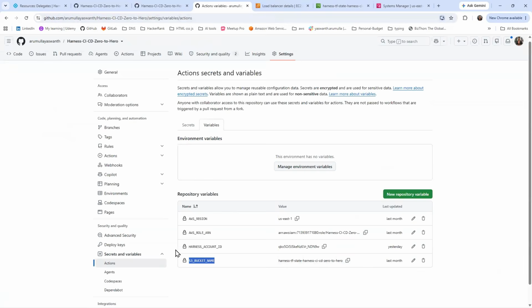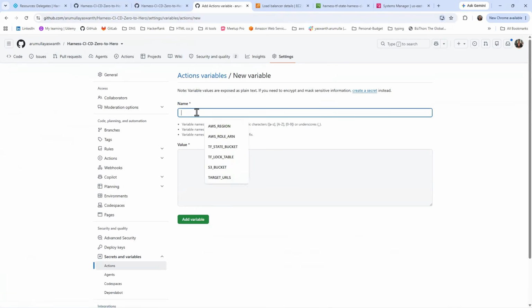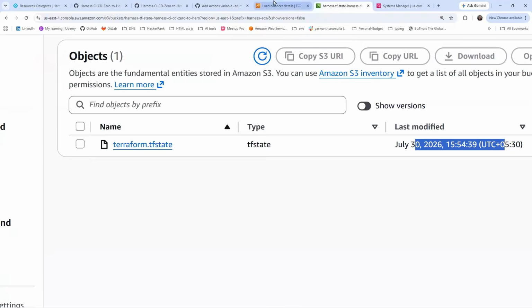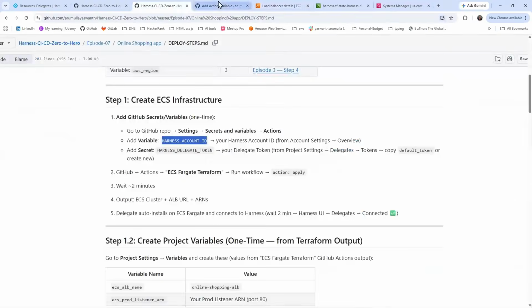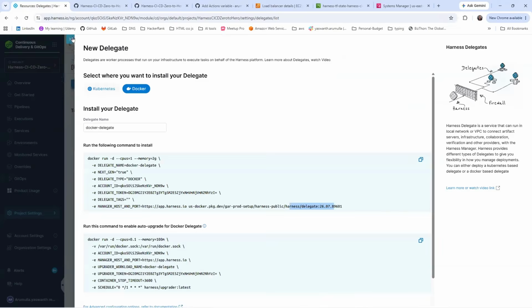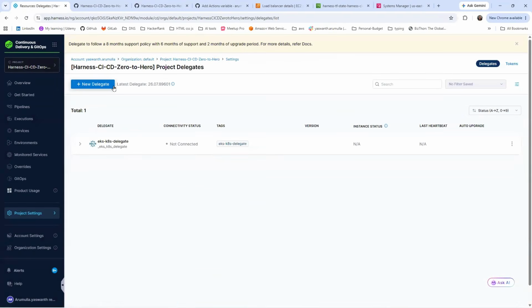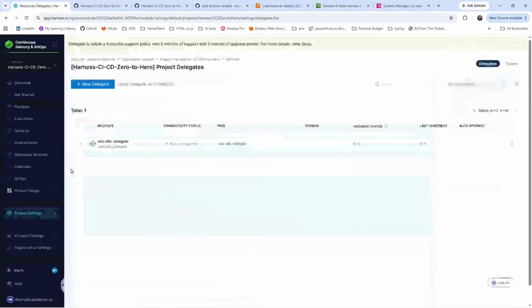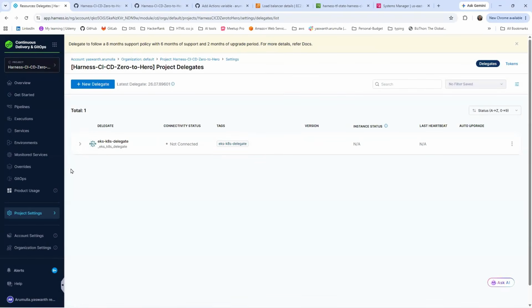Go here, add repository, Harness account ID. I didn't copy it properly. This account ID: go to the new delegate agent, and the account ID is there. If you don't see it here, and you want to see exactly where the account ID is,